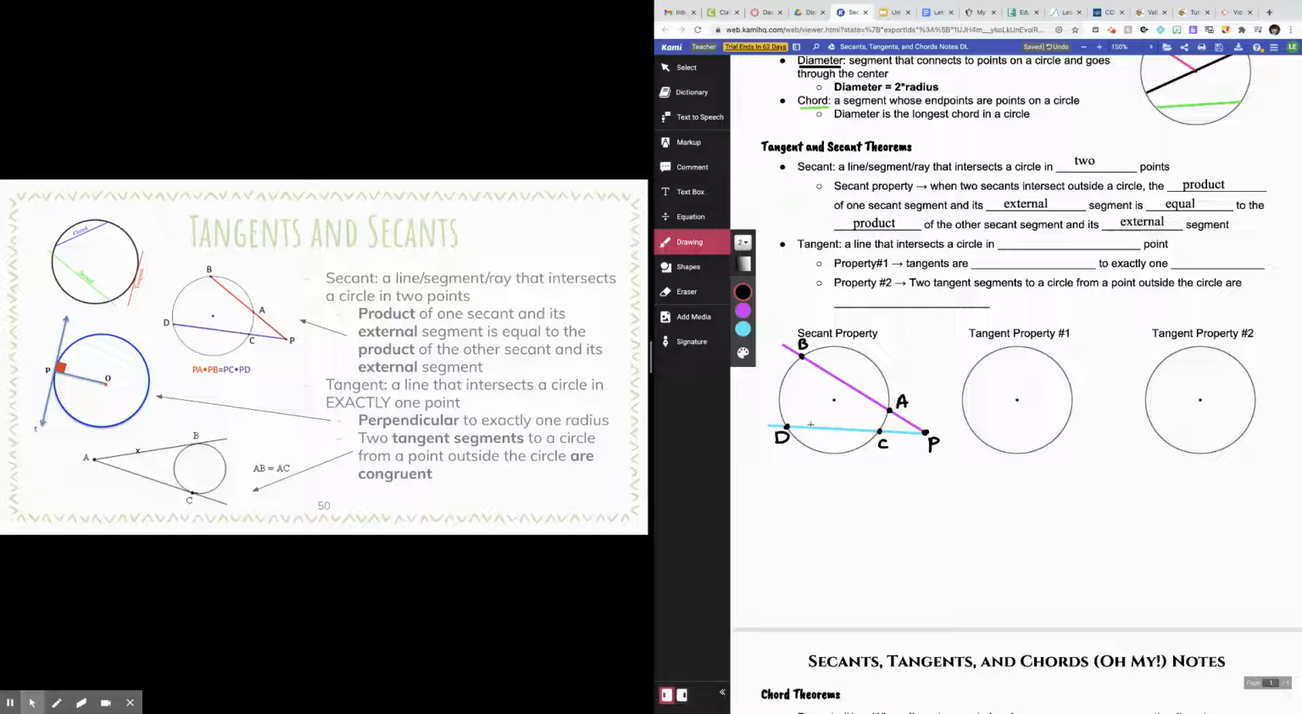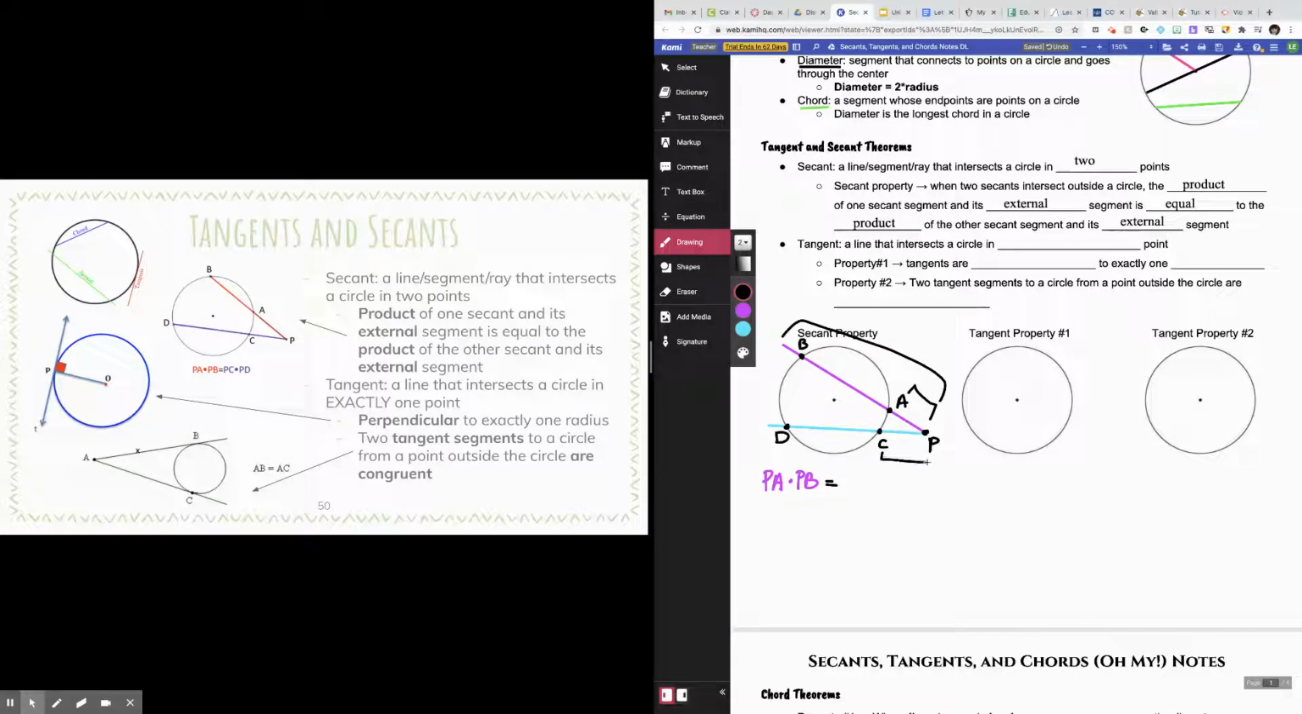Okay, so essentially, this is the rule. If you multiply the whole secant times only its external segment, so if I multiply the external segment in the purple with the entire purple segment, so if I do PA times PB,